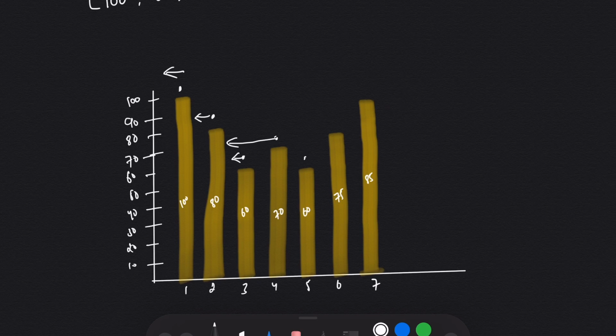If we come to 60, then again we don't have any other day. If we come to 75, then we have 4 consecutive days when we include itself. And if we come to 85, then again we have 6 days. So if I write it down: 1, 1, 1, 2, 1, 4 and 6, and this is supposed to be our answer.